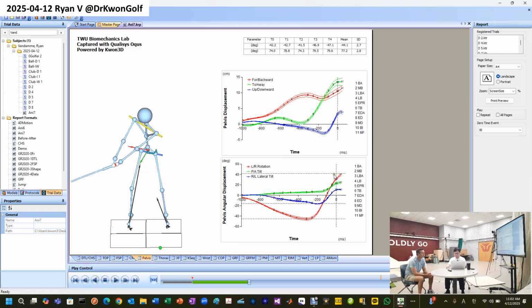So then at impact, you are not turning as much. It's because your swing plane is quite outward, so you don't need to turn the pelvis that much this way here. That makes sense. Yeah, so this is men's average, but you are not turning that much. Okay. And then,